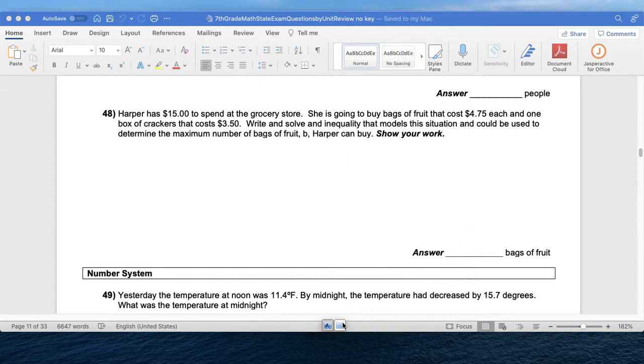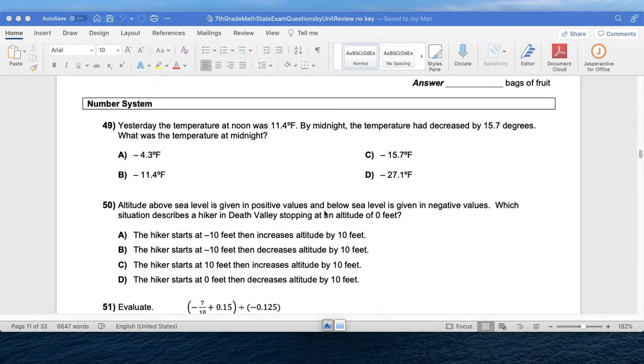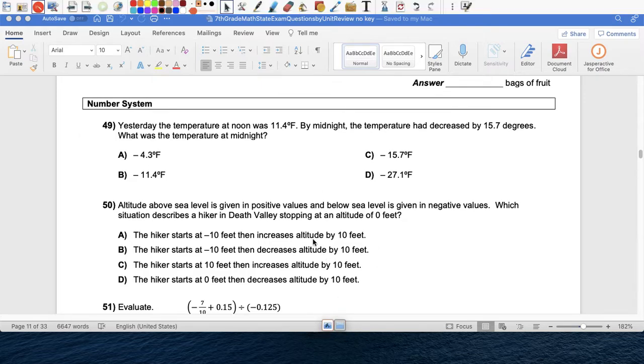49, number system. Temperature, okay. Yesterday the temperature was positive 11.4. By midnight the temperature decreased by 15.7. So you were here. Decrease means we're going left on the number line, right? So what is our final temperature at midnight? Well, it's going to be obviously,